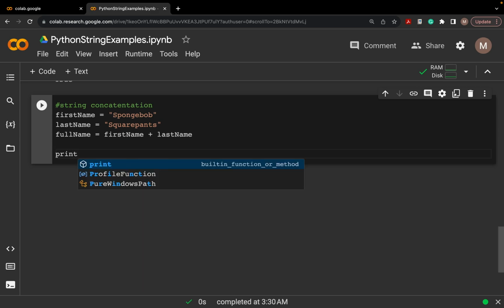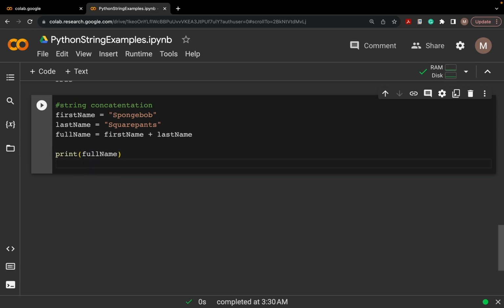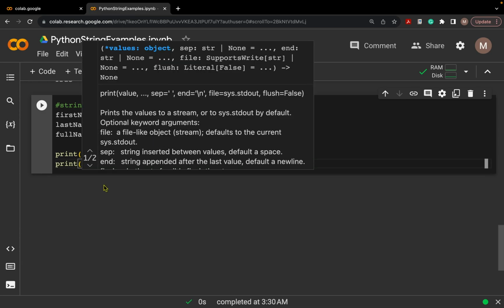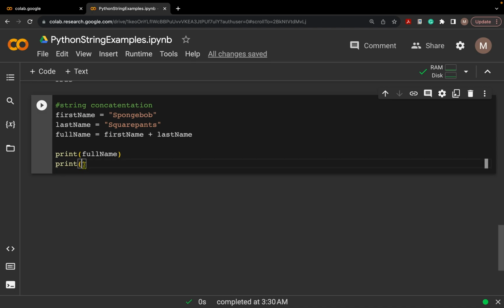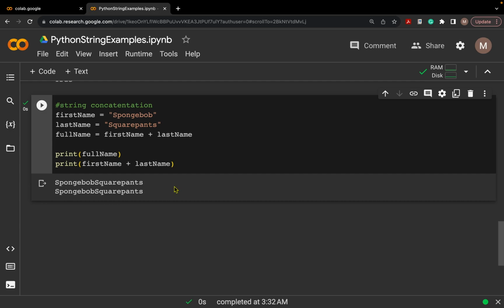So print full name. And then another way you could do it is simply by concatenating them inside of the print statement. So if you just do print first name plus last name,